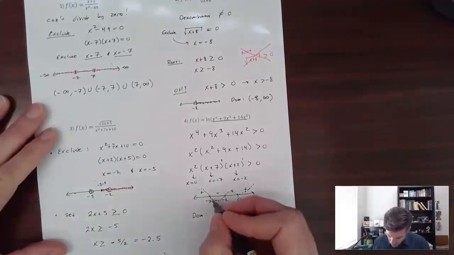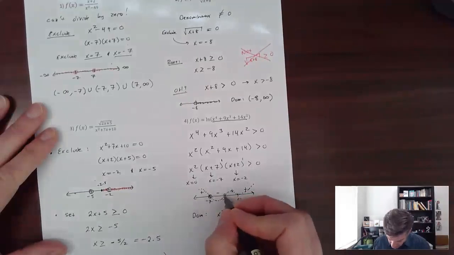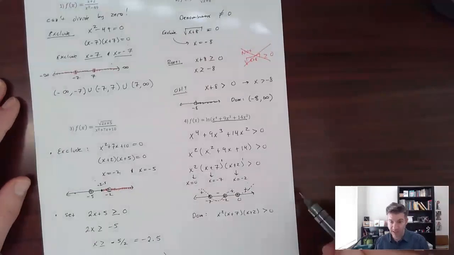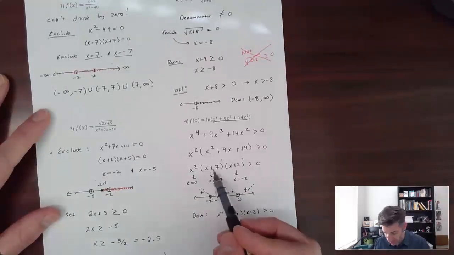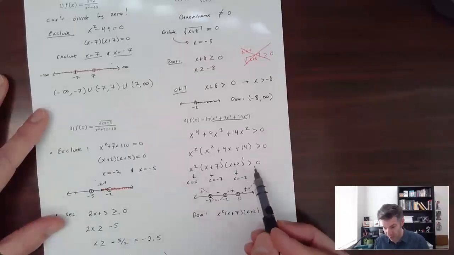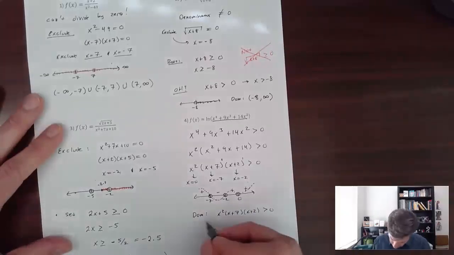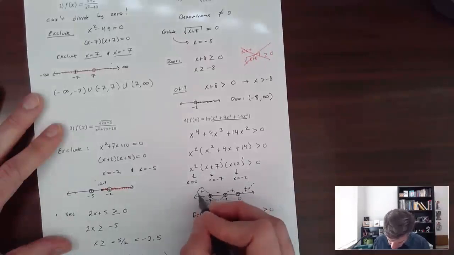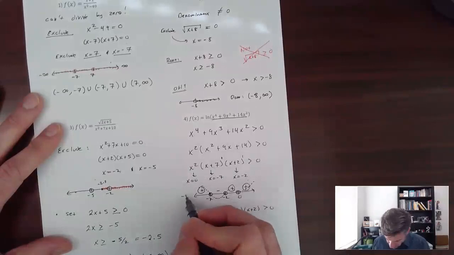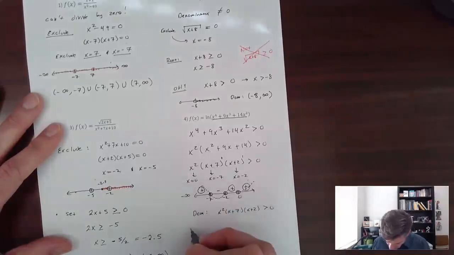Notably, we're not going to include any of these points, because if x were equal to -7, you'd have 0 here, and 0 times anything is 0, but we don't want it to equal 0. We want it to be bigger than 0. So we want everything here, everything here, everything here. So we want everything from -infinity up to -7, excluding -7,